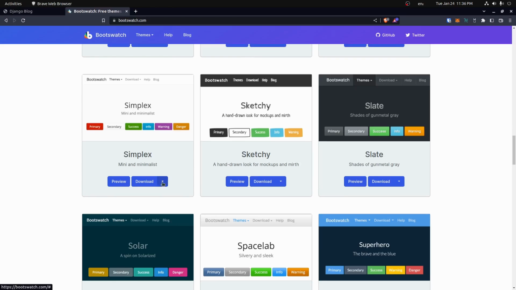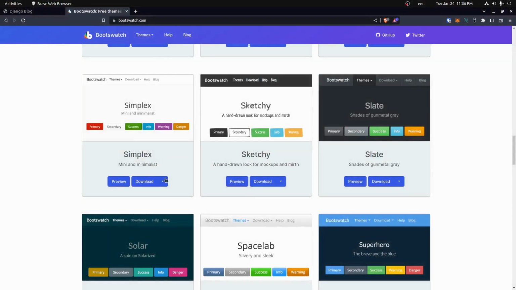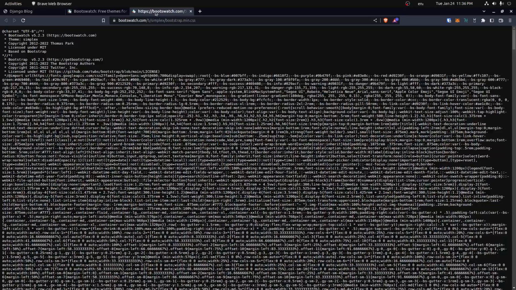When you find one you want, find this little arrow down here and click on the bootstrap.min.css, and it will try to download it. That's not what we want. So we just right-click it and do open link in a new tab. You can now see all the code right here, and you have a link to it right here. So I'll copy that link,